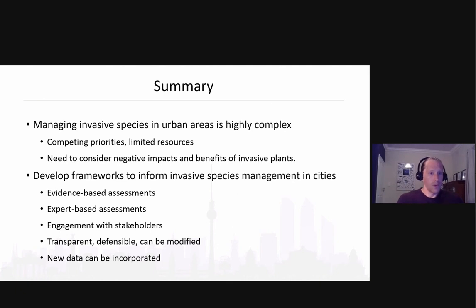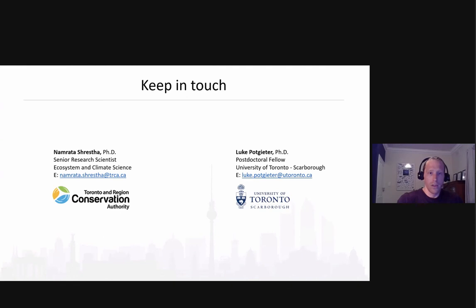And we used evidence-based and expert-based assessments, which included stakeholder engagement, and in doing so allowed us transparent, defensible frameworks that can be modified, and new data can be incorporated as it becomes available.